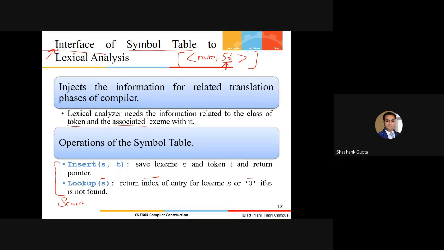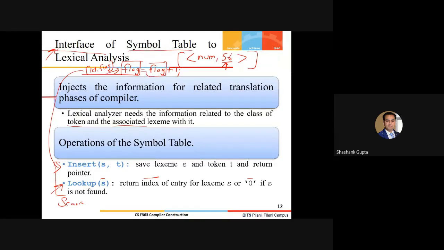Why is this operation carried out? Take the same example, flag equals flag plus 1. As soon as the lexical analyzer tokenizes it to an identifier with the corresponding lexeme, let's say flag, this information must already be stored somewhere in the symbol table. And again I am getting the same identifier. So what exactly needs to be done?